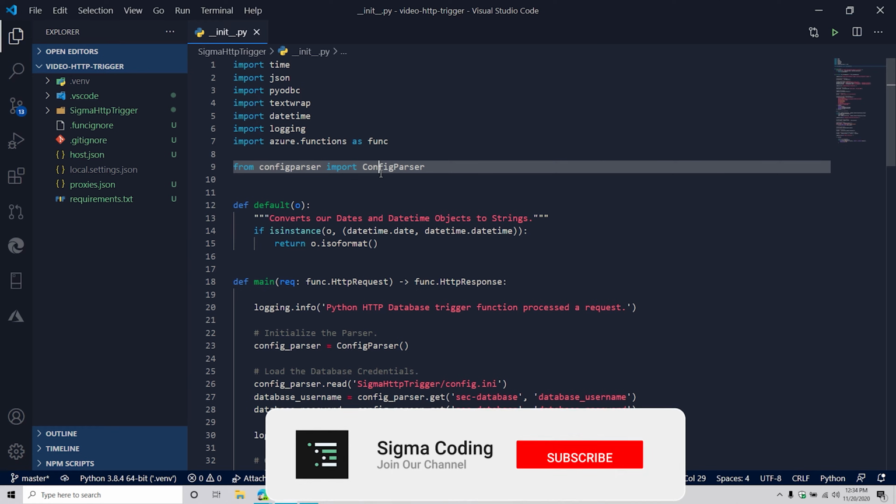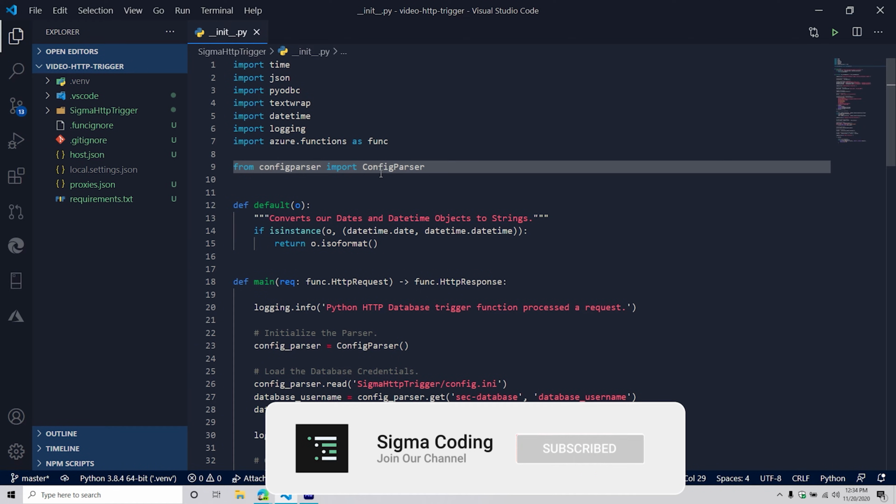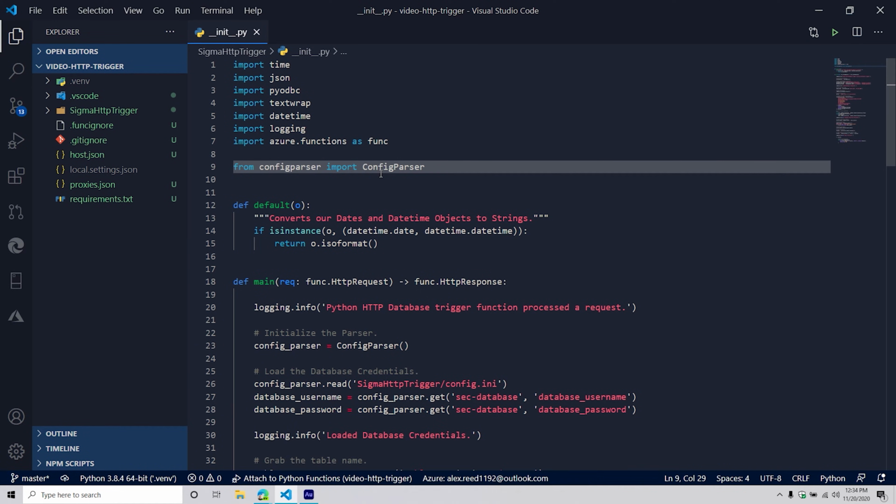The type of Azure function that we're going to be covering in this specific video is considered an HTTP trigger function. So we talked about this in the previous video. Functions come in many different types. Usually the types are defined by the triggers that trigger those functions. So if I have one that's set on a timer, that timer represents the type of trigger. This particular one, we're going to talk about HTTP